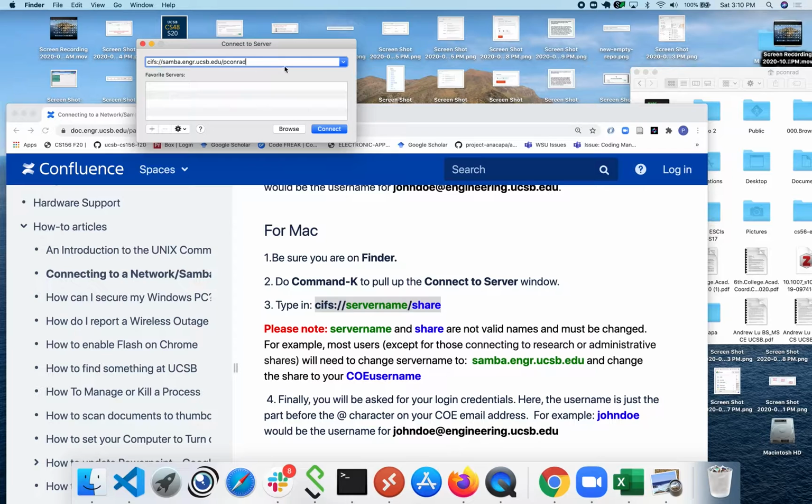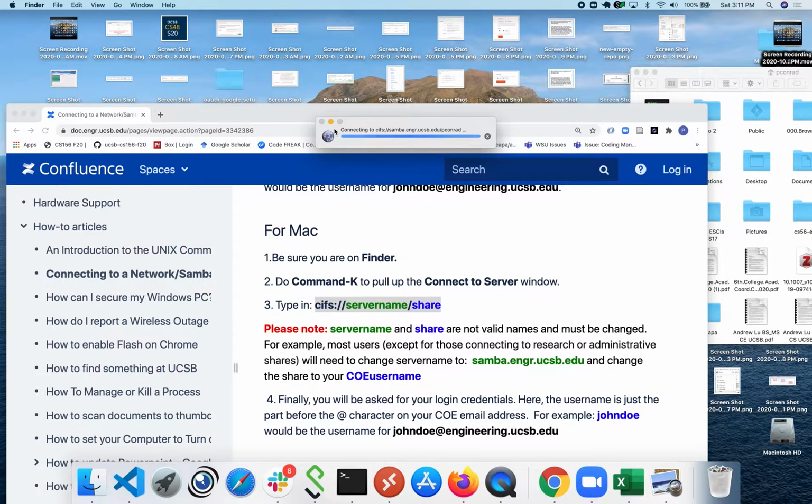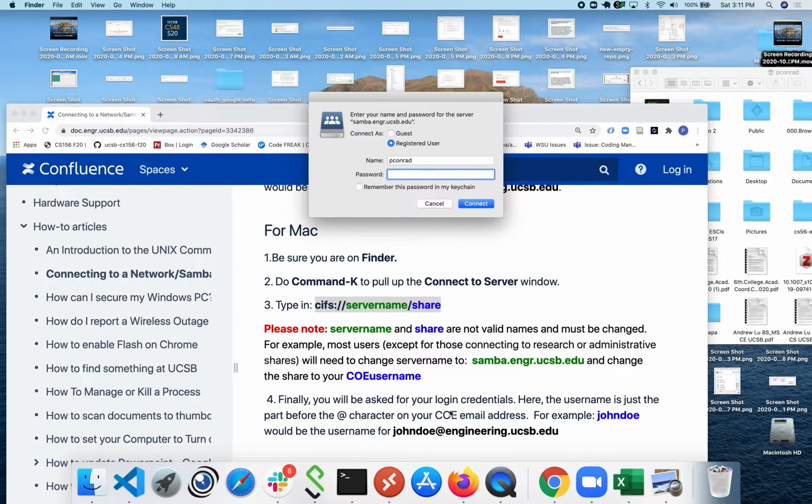So now that I have this, this is not in the instructions, but I'm going to show you that if you click the plus button, it'll be here. So if you want to come back and connect to this later, you've got a nice shortcut. I'm going to now click Connect. And this takes us to step 4, where we're asked for our login credentials. pconrad, my name is already in the name box, so I just need to put in my CECIL password and